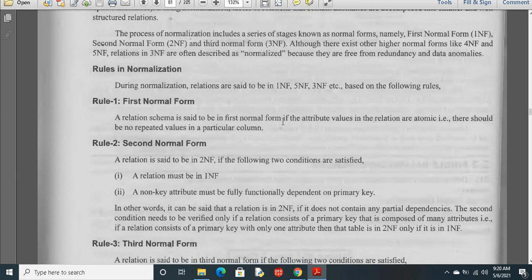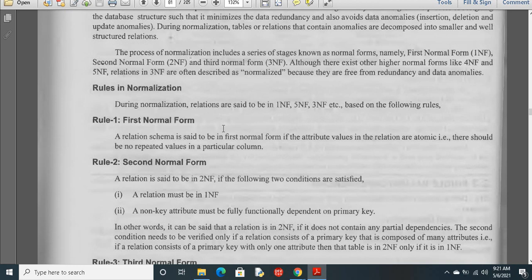A relation schema is said to be in first normal form if the attribute values are relational or atomic. There should be no repeated values in a particular column. If you don't have any repeated values in a particular column, that should be in the first normal form. Second normal form, in the sense it should eliminate functional dependencies.